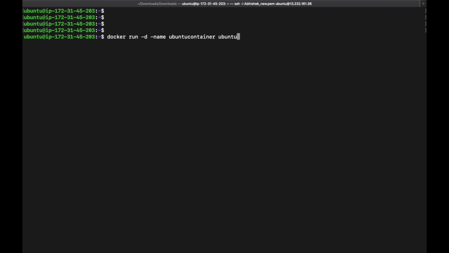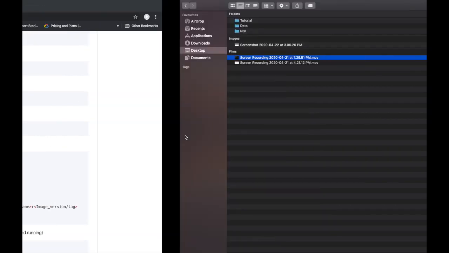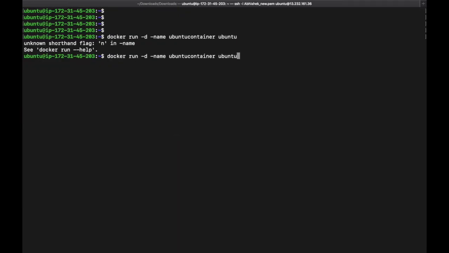Let's execute this command. Something is a problem with docker run minus, oh sorry, this is a hyphen. Okay, so the container is created.